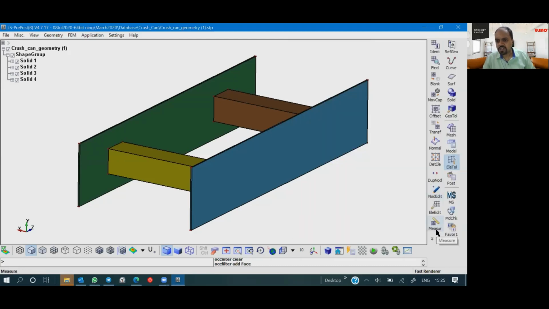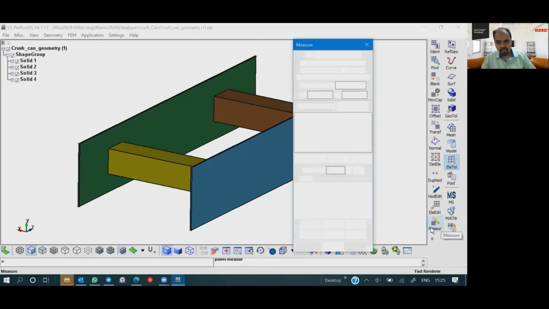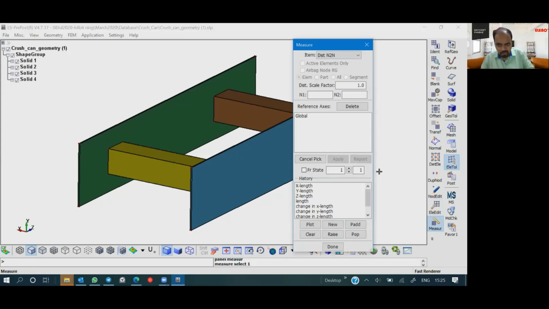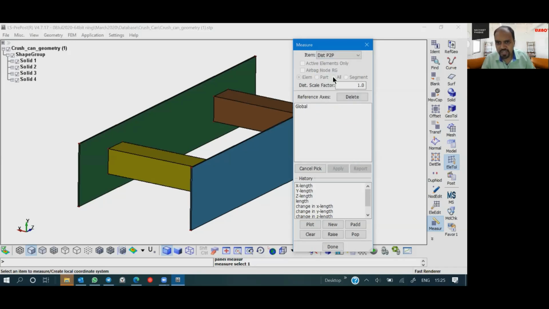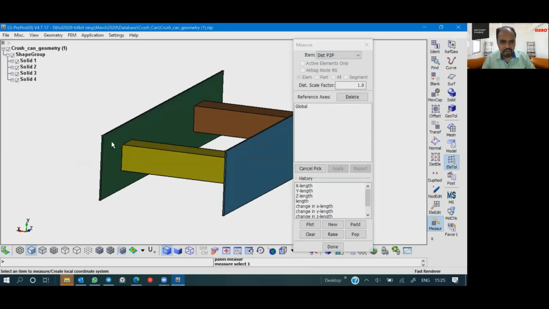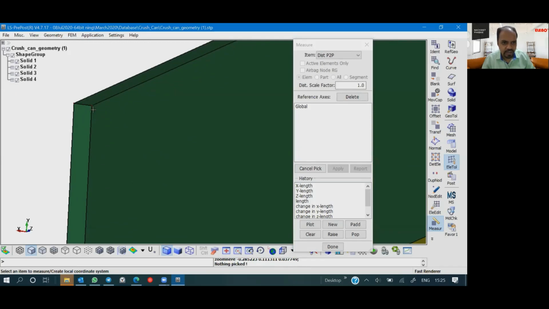in element tools. Can you see this? Measure. So in element tools, measure. Alternatively, the shortcut is F4. Those who are using a laptop may have to press function, but if you have changed it in BIOS, then you may not have to do anything. You can just press F4, and here you can measure distance, area, etc. All these things you can measure. Distance between 2 points. So let's see, I want to measure the distance between these 2 points. So I'll select the first point.